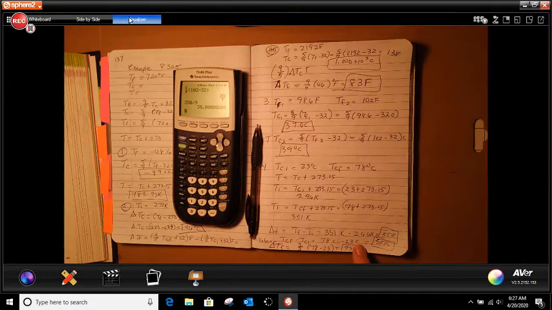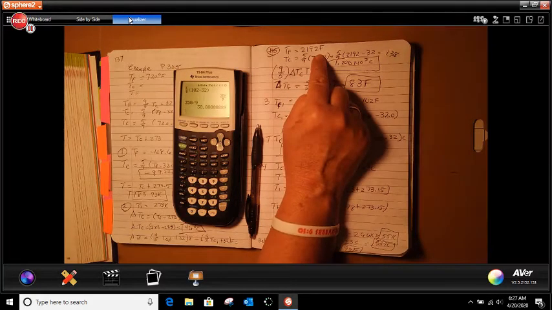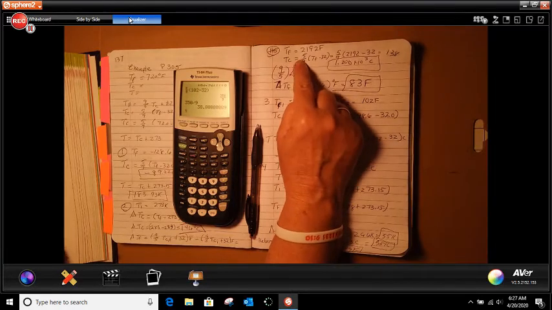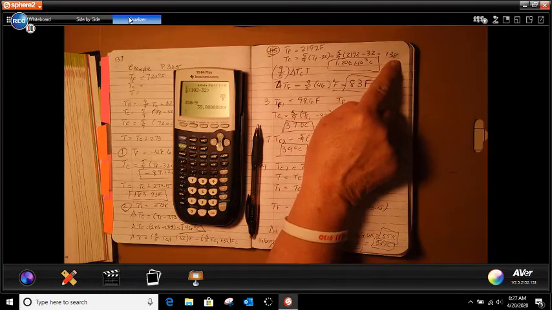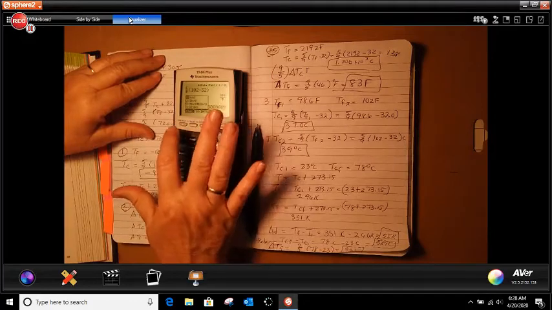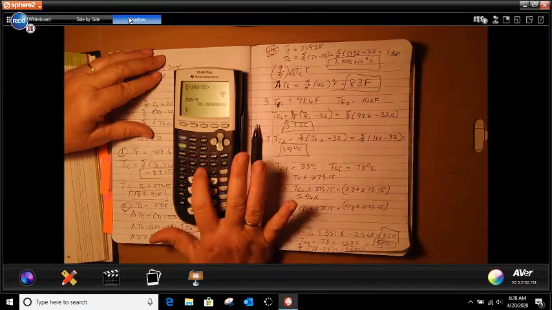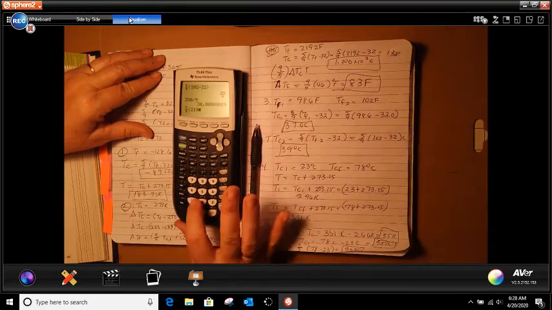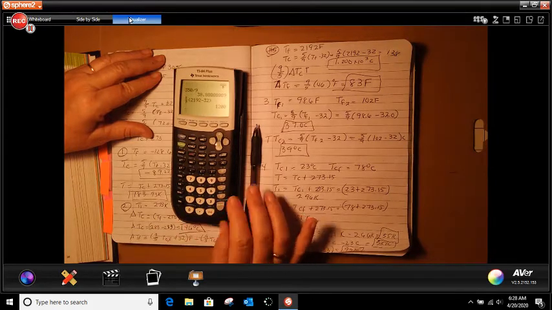And then number 5: some volcano lava in Hawaii reaches high temperatures. Express the temperature of 2,192 degrees Fahrenheit in degrees Celsius. So we're just going to do 5/9 times 2,192 minus 32. So let's do that. Alpha Y enter, 5/9, open bracket, 2,192, subtract 32, close bracket, enter, and we get